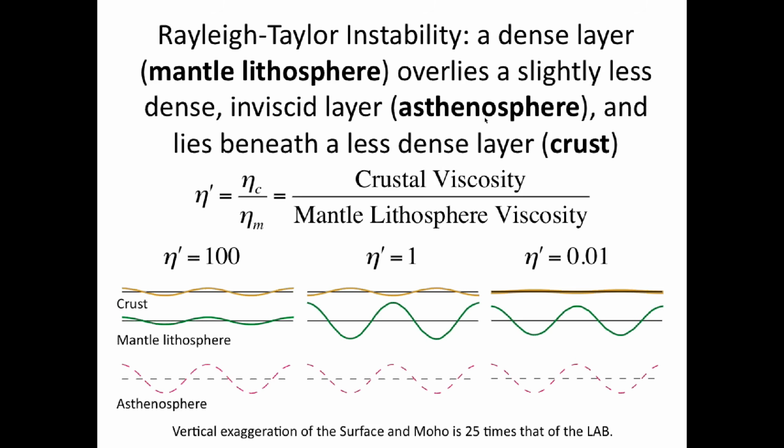Basically, you're just pulling this viscous layer down by the flow underneath. Where the lithosphere-asthenosphere boundary thins, or rises, and the lithosphere thins, you push the MOHO up. You also push the surface up. At the opposite extreme, where the mantle lithosphere thickens and sinks, and the LAB goes down, the MOHO goes down, but the surface rises just a little bit. And conversely, when you have rising flow underneath here, you push the MOHO up, you actually thin the crust, and you lower the surface a little bit.